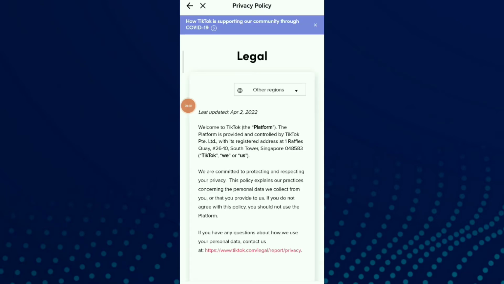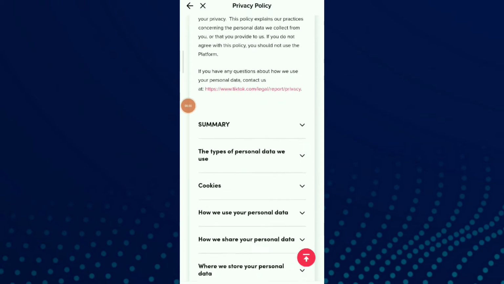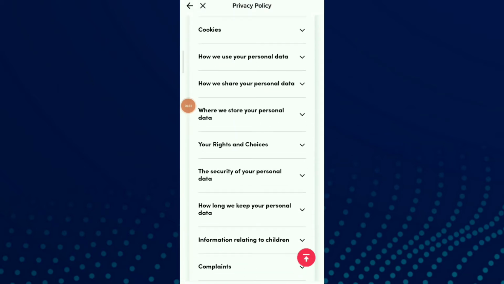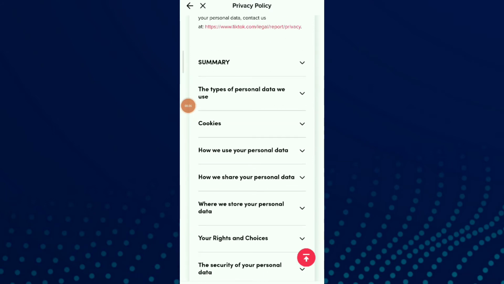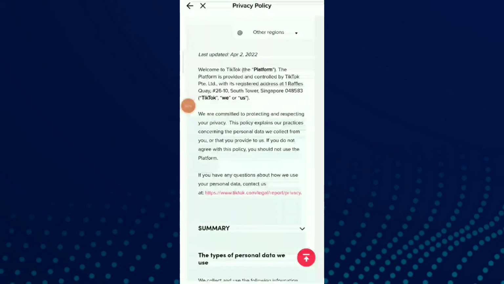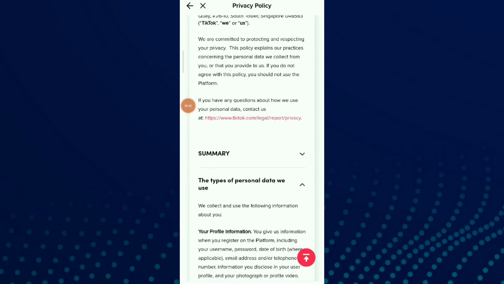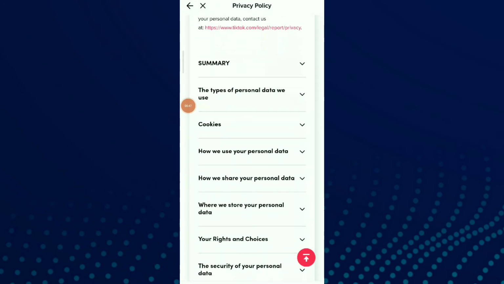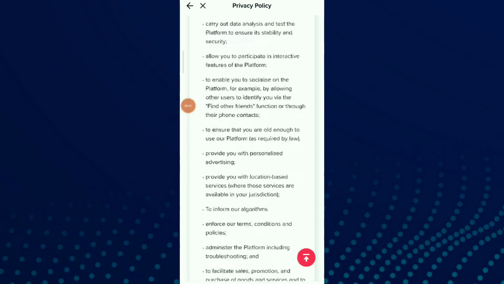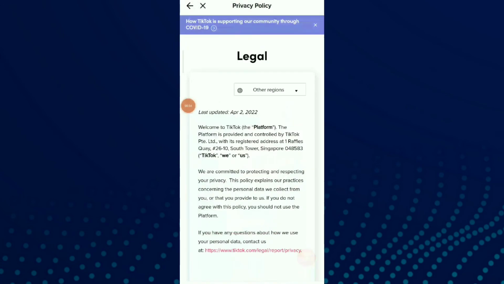And this is it, guys. This is your TikTok privacy policy. For example, let's choose one of them, the type of personal data we use, and this is it. How we use your personal data. So you choose whatever you want and you can download this